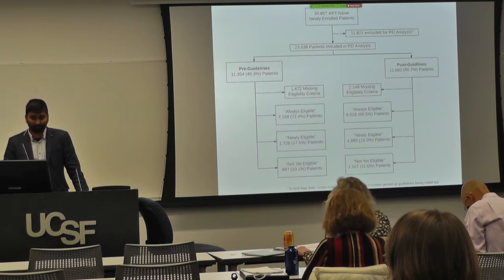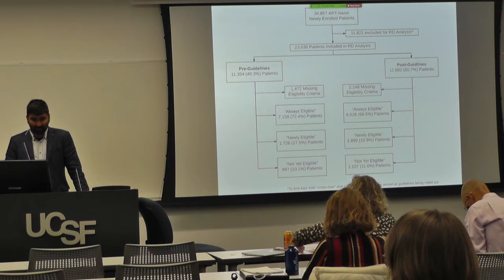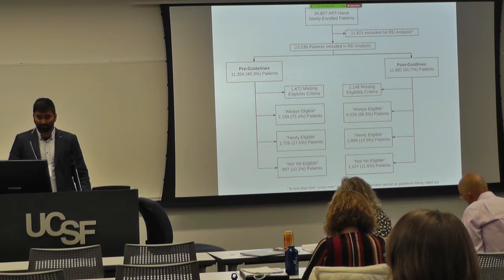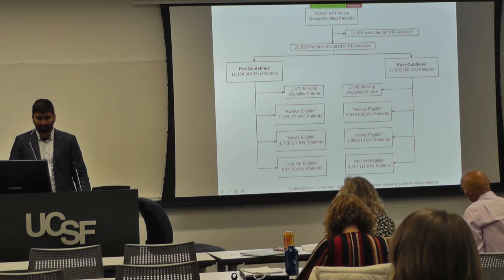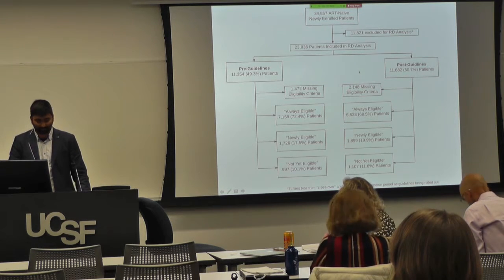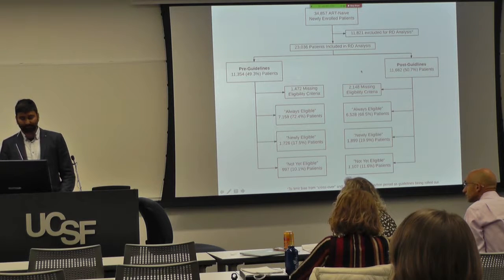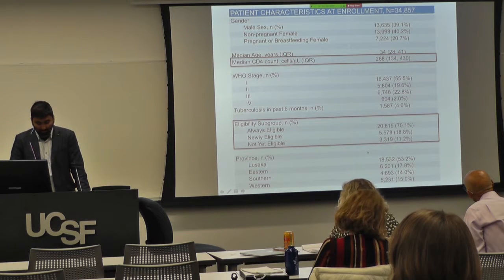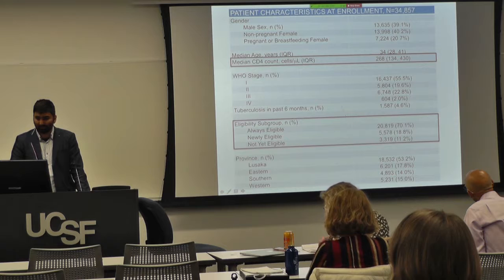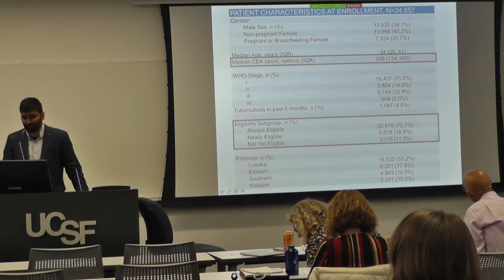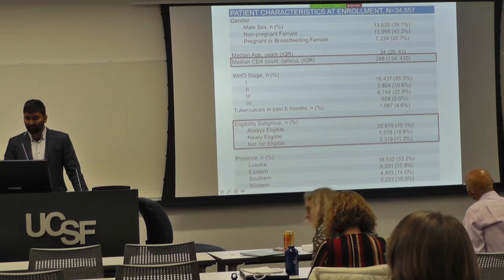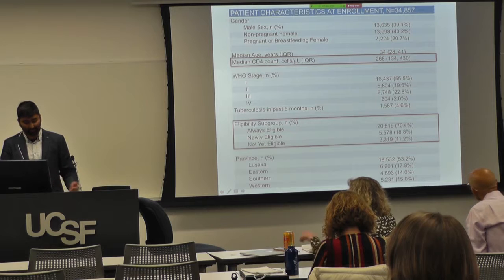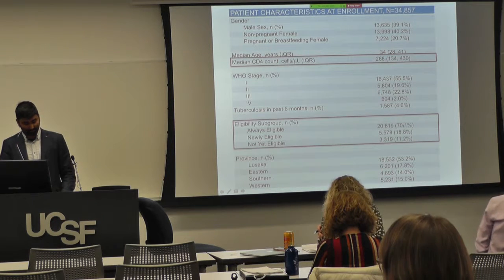So moving on to the results. There were about 35,000 patients who newly enrolled during this period, and 23,000 were ultimately included in our RD analysis. Looking at the proportion enrolling before and after the guidelines, it's quite balanced. Looking at patient characteristics, I think a couple of things to notice about when patients were enrolling. One, they had a median CD4 of 268, and even during this period, about 70% of patients were still enrolling when they were in that always eligible group, so basically had more advanced disease at the time of enrollment.